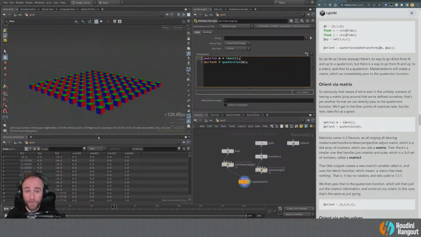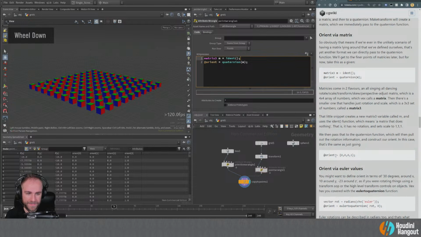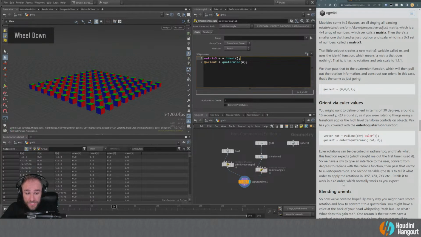So what we've set up here is a matrix 3, and we've basically just set an identity matrix, which, if you remember, we set the orient the same way here. This is basically setting this same exact orient right there, so it's giving those exact same values. So instead of setting a quaternion based on the orientation of vectors or a matrix or something like that,